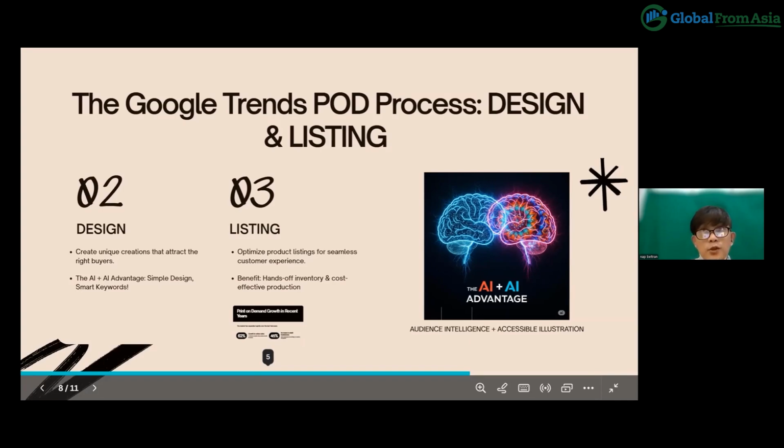You'll be surprised that on Amazon or any other marketplace, even a simple text design would sell. It doesn't have to be an intricate, visually complicated graphic design for you to make a sale. Even now you would find on Amazon or Etsy a simple happy birthday or happy Father's Day, just a text-based design.